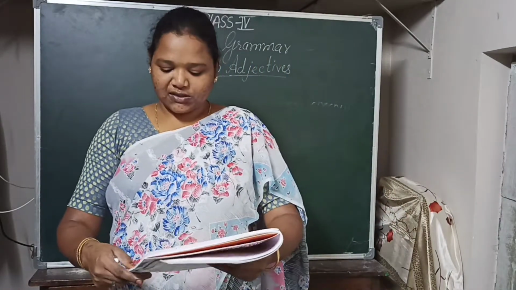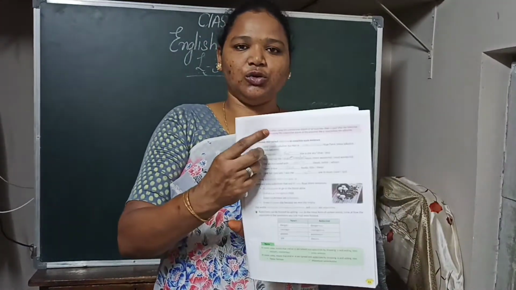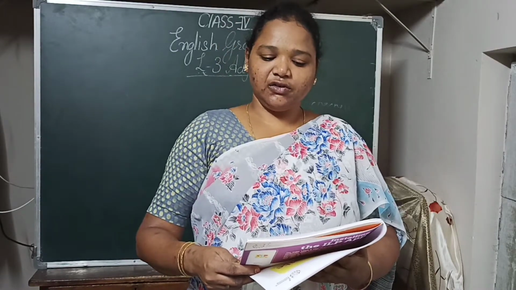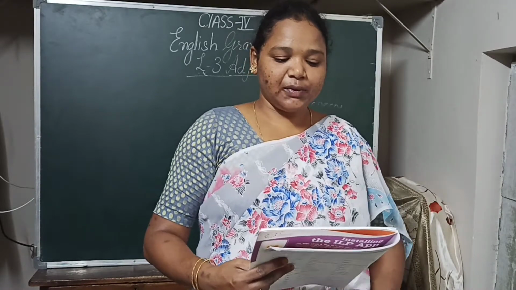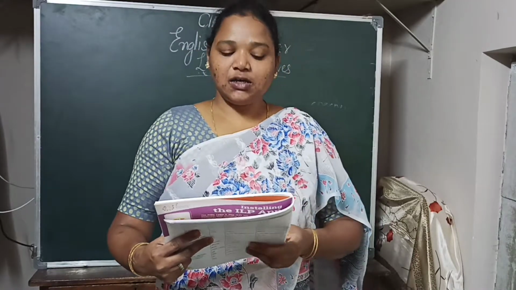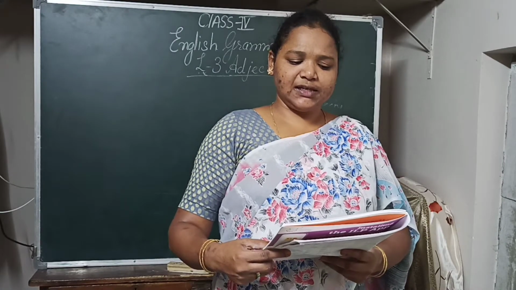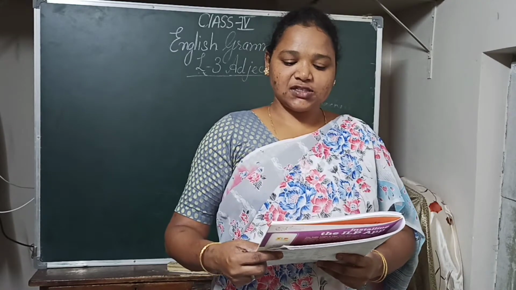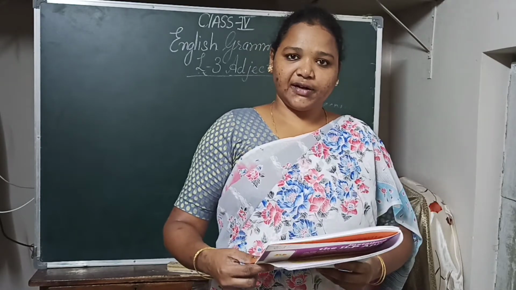Turn to page number 23, exercise E. See, they have given a note here. Read this. In a sentence, when using the comparative degree of an adjective, than is used after the adjective. Similarly, when using the superlative degree of the adjective, the is used before the adjective. So exercise E: choose the correct adjective to complete each sentence. First one, Farid is quite talkative, but Hari is dash than Farid. So what will come in the blank? More talkative or most talkative?